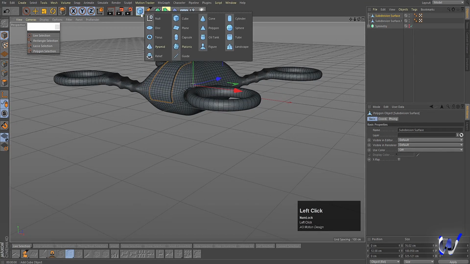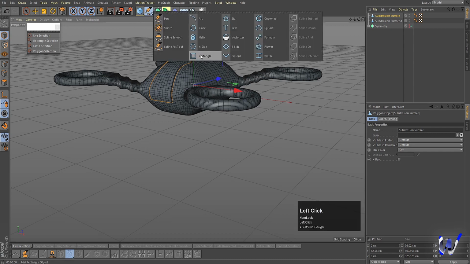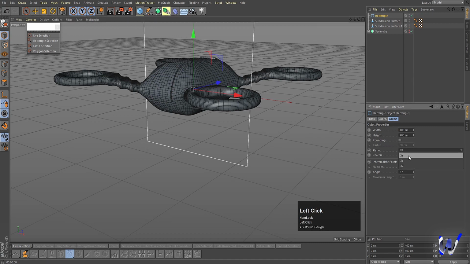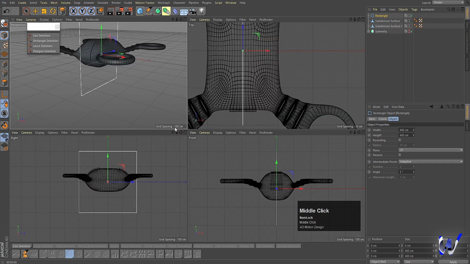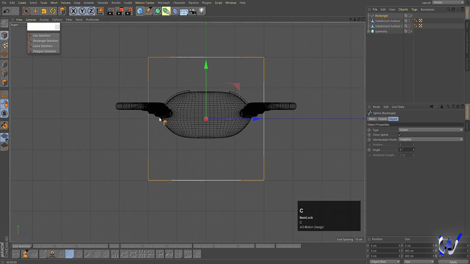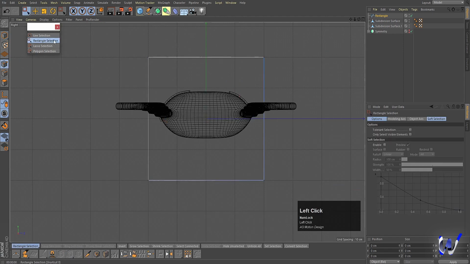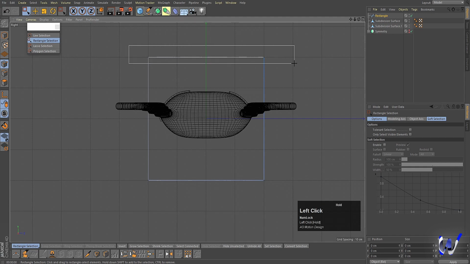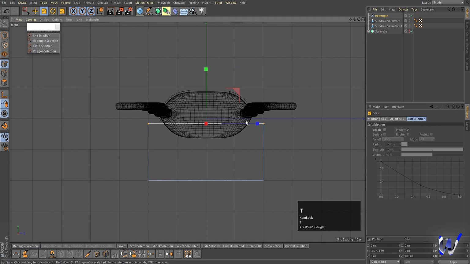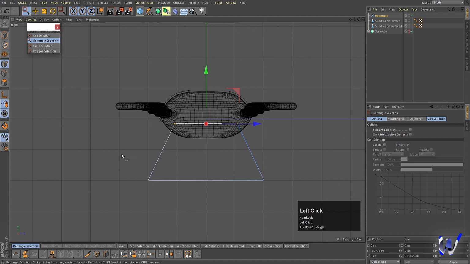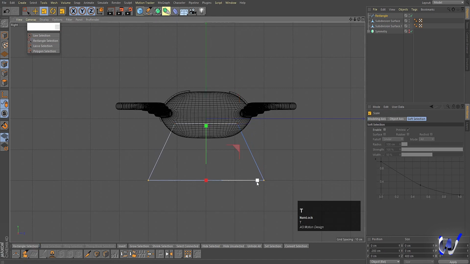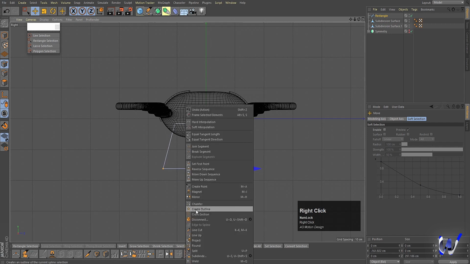So for that, what we will do is choose this rectangular spline and then move it, plane is ZY. I'll go to the right view, press C to make this editable. Select this point, select live rectangle selection tool, select those points, press E to move this over here, press T and scale it like that. Then select this, press E, T, scale it like this, press E, move it over here, right click, choose this